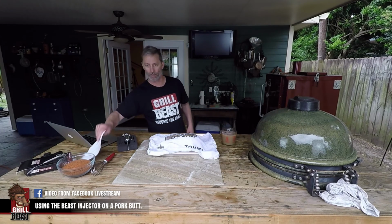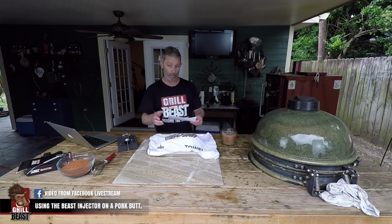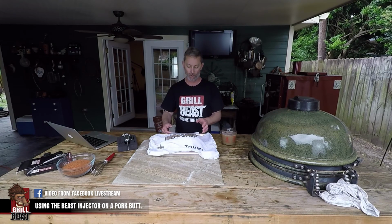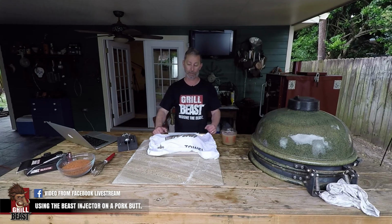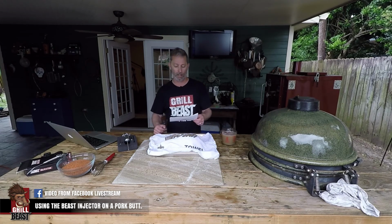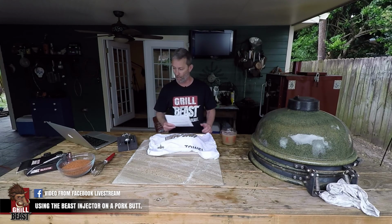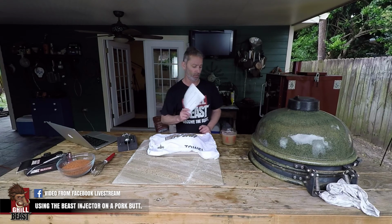It's real simple. I don't get all extravagant with my injections, but I'll tell you, whoever's on here right now, it has 2 tablespoons of kosher salt, a tablespoon of sugar, a tablespoon of Worcestershire, 2 tablespoons of rice wine vinegar, and about a cup and a half of chicken stock. I didn't come up with this on my own. I actually got this recipe off